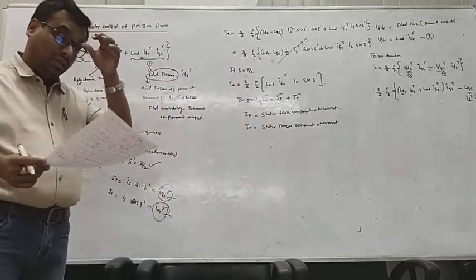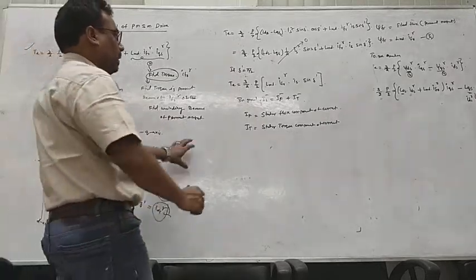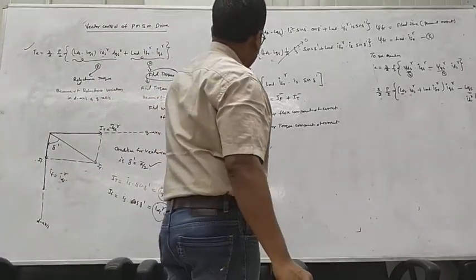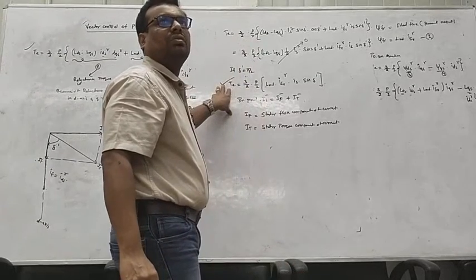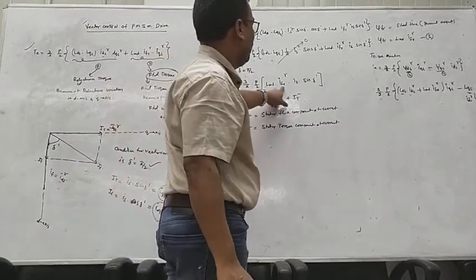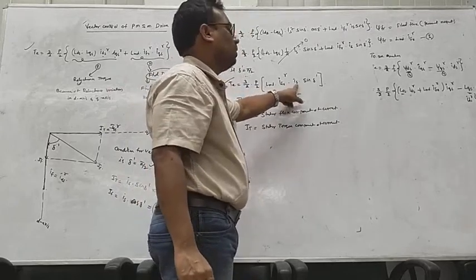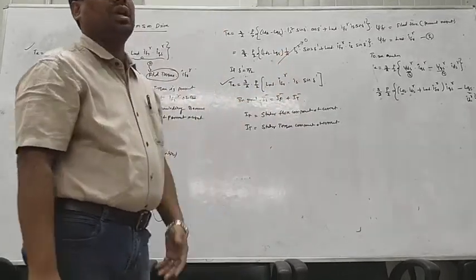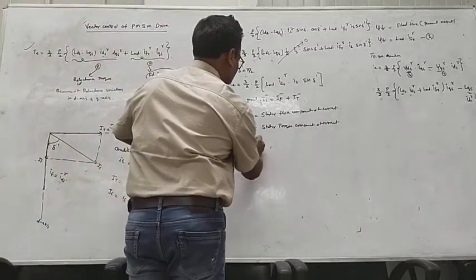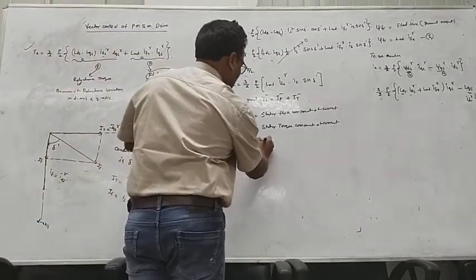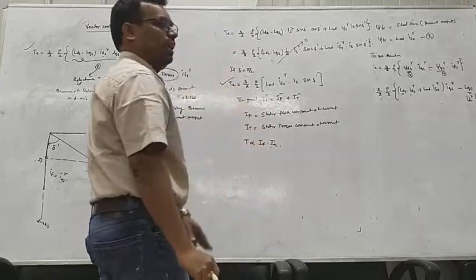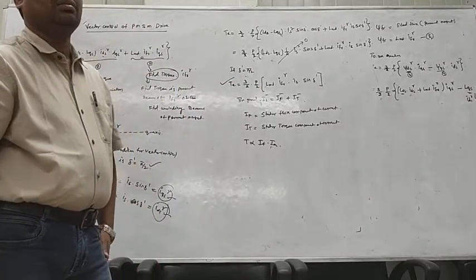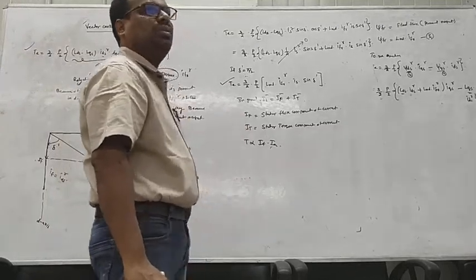If you observe this expression, the torque equation of a permanent magnet synchronous motor drive is also a function of the field current IF and Is, the stator current. It resembles your DC motor, where the torque is directly proportional to the field current and the armature current. Similarly here, we have field current and the stator current.